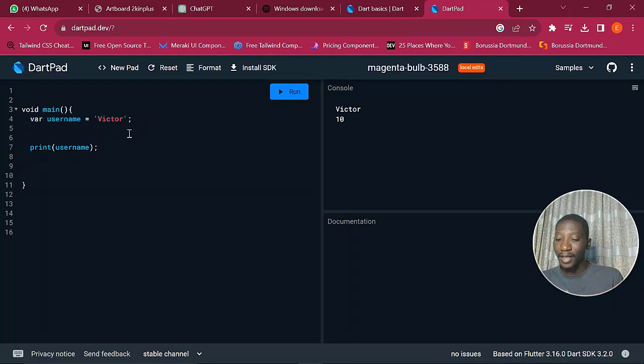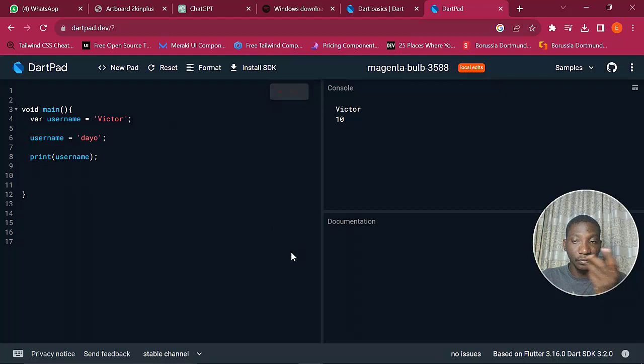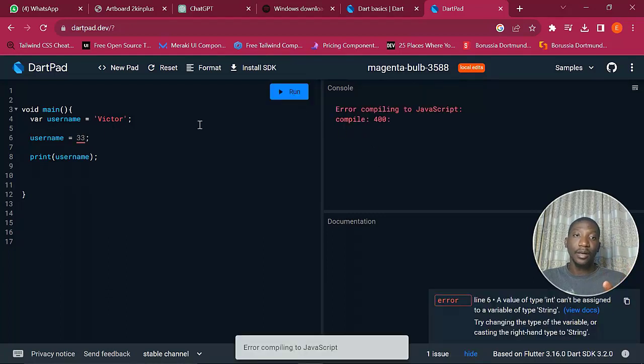I can change it later by saying username is equal to Dio. So once I run this now, it's going to change, and I can also say username is equal to 33. And once I run this now,